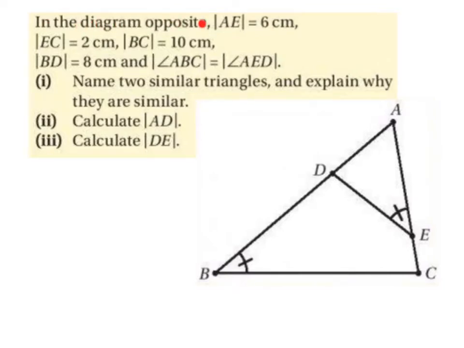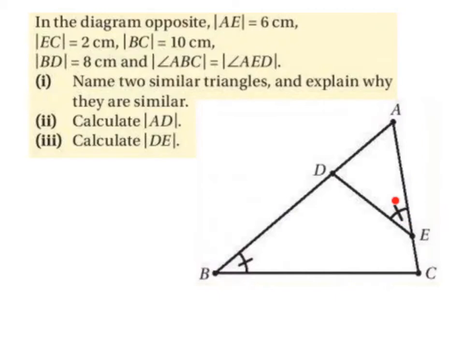In the diagram opposite, AE equals 6 centimeters, EC equals 2 centimeters, BC equals 10 centimeters, BD equals 8 centimeters, and the angle ABC, so this angle here, is equal to the angle AED,